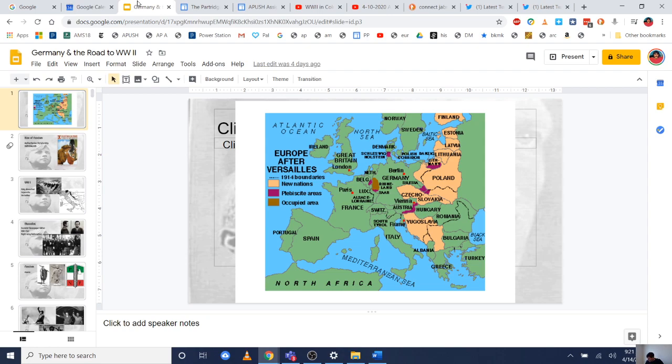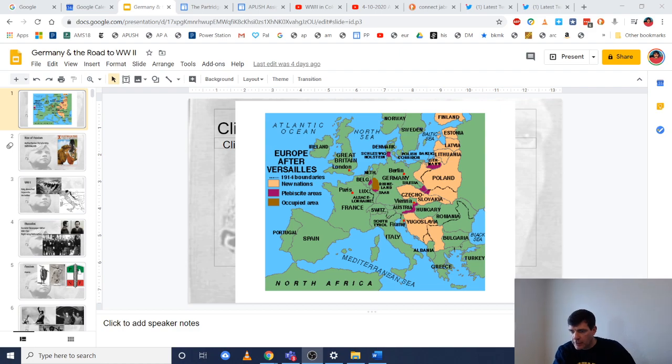Can everyone hear me? Let me make myself a little bit bigger here. Yep. I am here in a navy blue Michigan sweatshirt. I don't even like Michigan, but